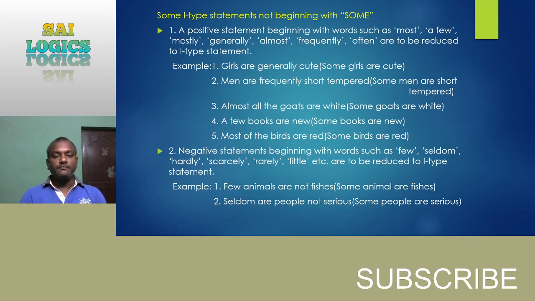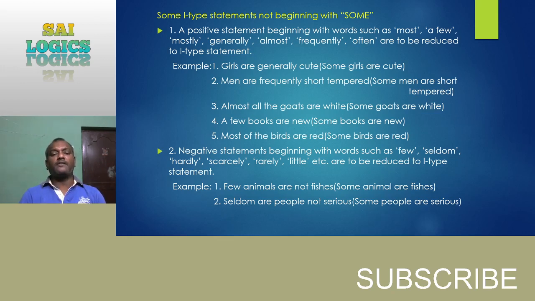Second case, first case was about positive statement, and now second case is about negative statement. Negative statements beginning with words such as few, seldom, hardly, scarcely, rarely, little, etc. are to be reduced to I type of statement. So now negative statements linked with few, seldom, hardly, scarcely, rarely, little are to be treated as some type of statement. So first case positive, second case negative. First case words are different, second case words are different. First example,